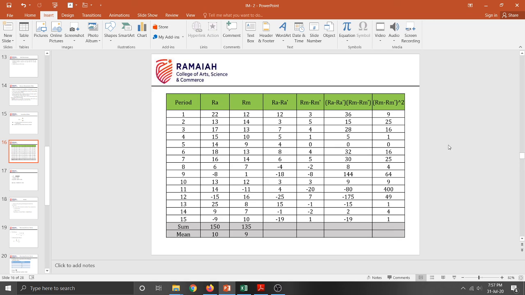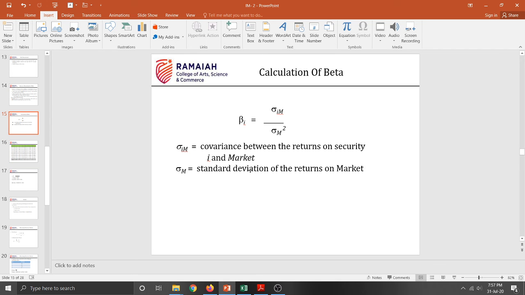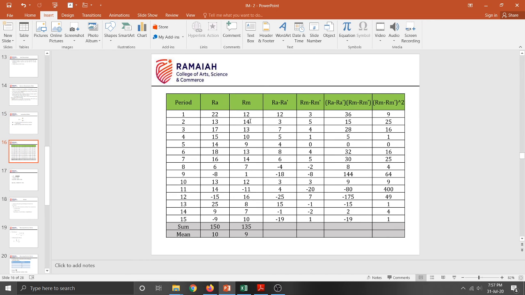Please take down this problem, pause the video, and write down the covariance formula. Since it was pretty lengthy, I couldn't type it in your PPT. So please take a note of the covariance formula and the standard deviation formula. You just take down these three columns and try to solve this. If there are any doubts, please get in touch with me. Right?